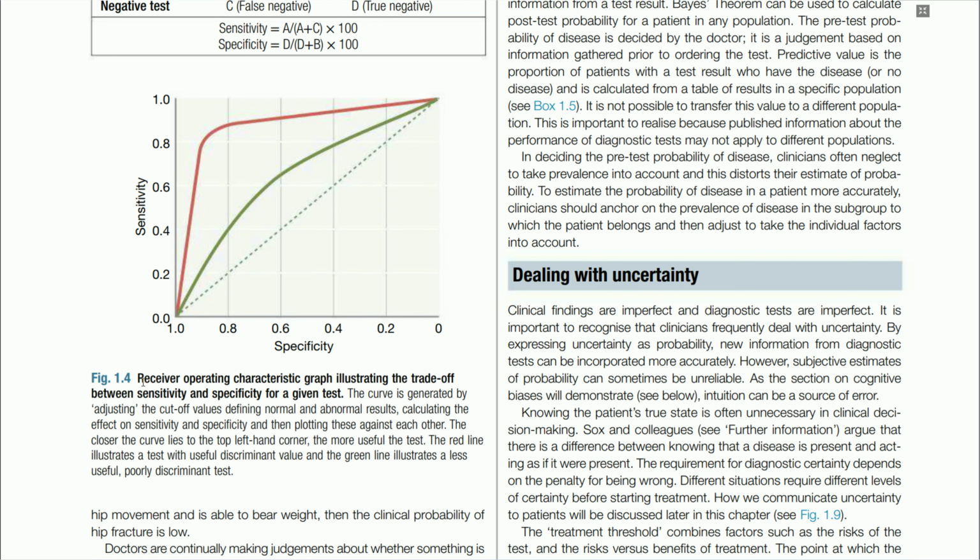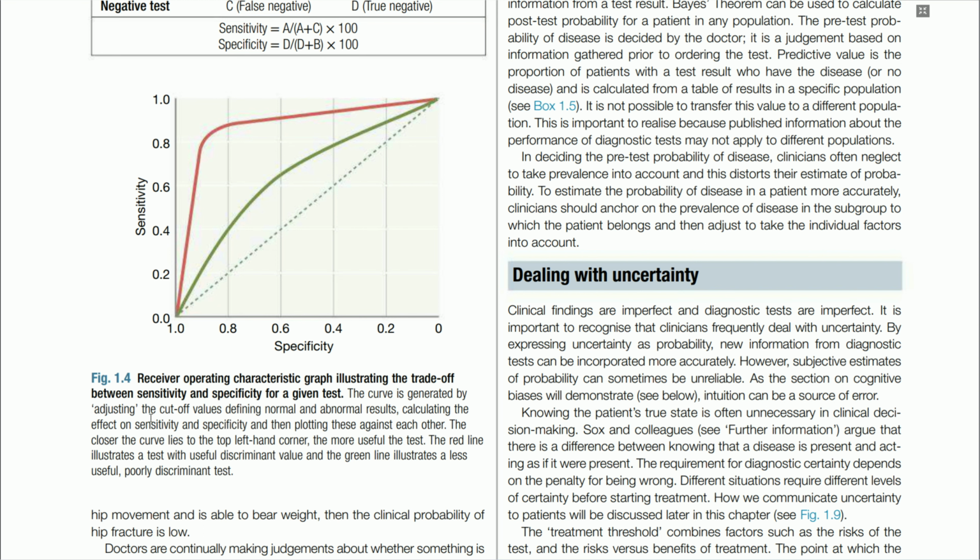Figure 1.4: Receiver operating characteristic graph illustrating the trade-off between sensitivity and specificity for a given test. The curve is generated by adjusting the cutoff values defining normal and abnormal results, calculating the effect on sensitivity and specificity, and then plotting these against each other. The closer the curve lies to the top left hand corner, the more useful the test. The red line illustrates a test with useful discriminant value, and the green line illustrates a less useful, poorly discriminant